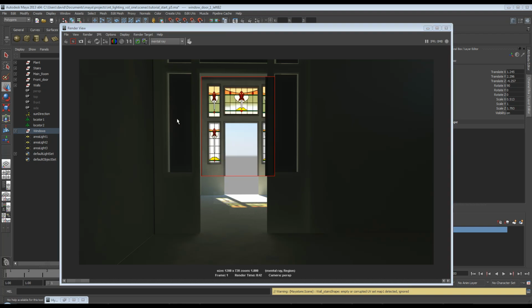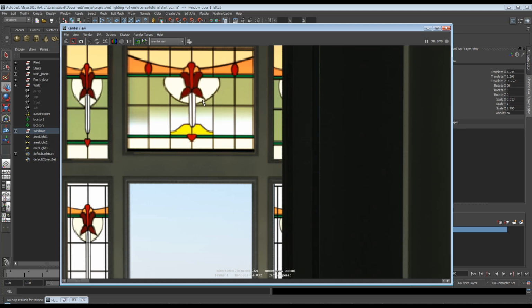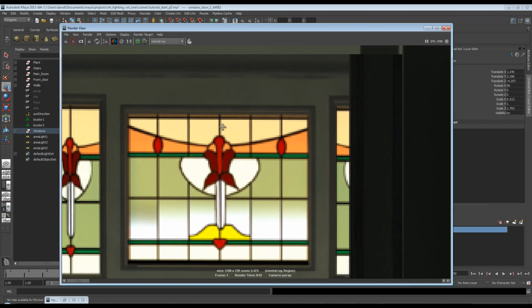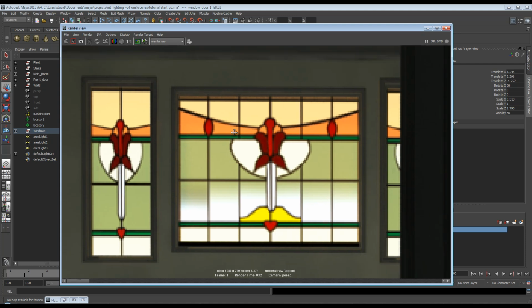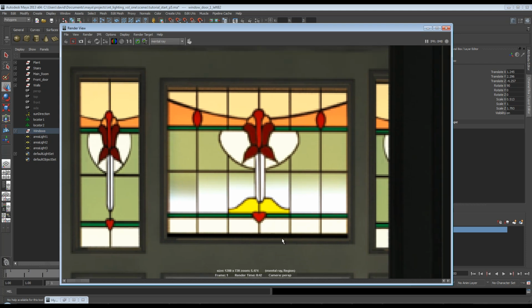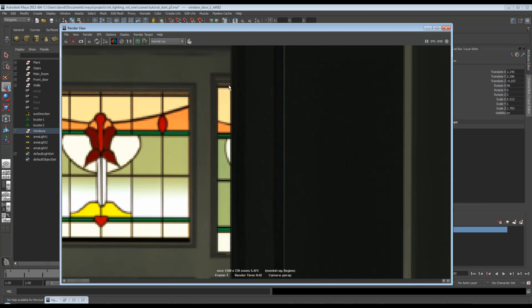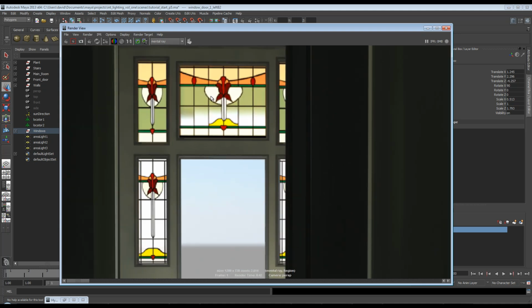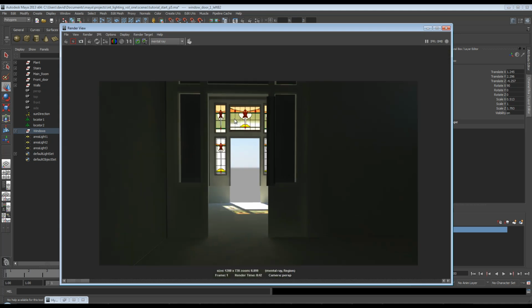And here we have the basics of our stained glass, and if I actually zoom in here, you'll start to see some colour bleed coming through off the different colours of the windows. So here is a light yellow colour bleed, here is the orange from this, here is the orange from this orangey colour, and we'll make this a more pronounced effect. We'll also tweak these a bit to get them looking a little better,